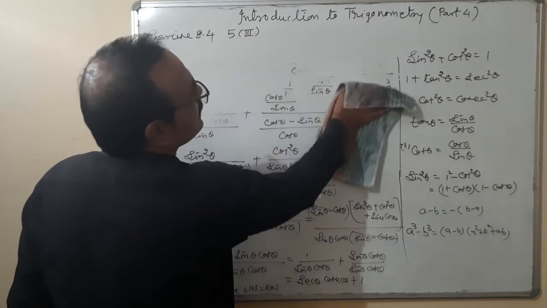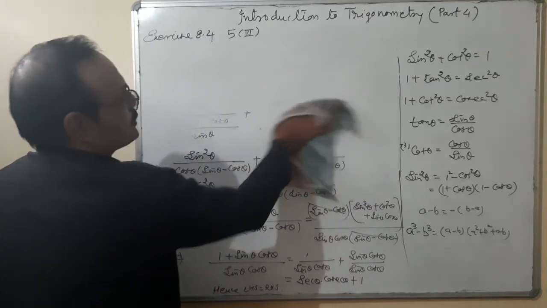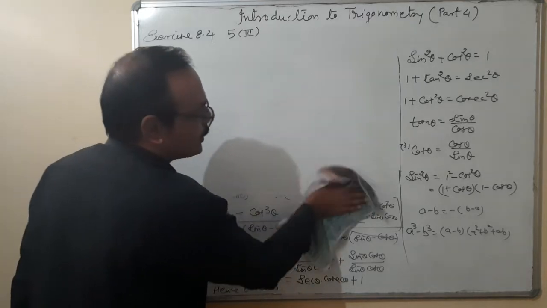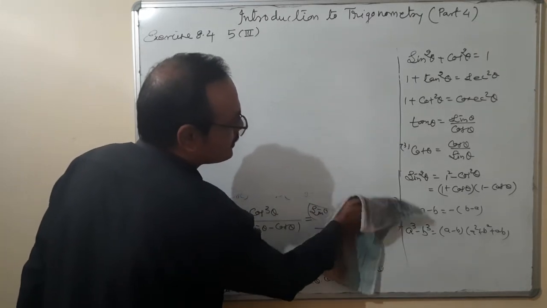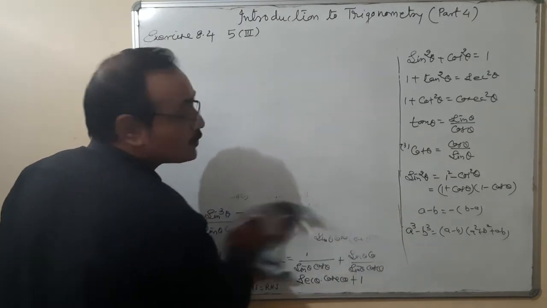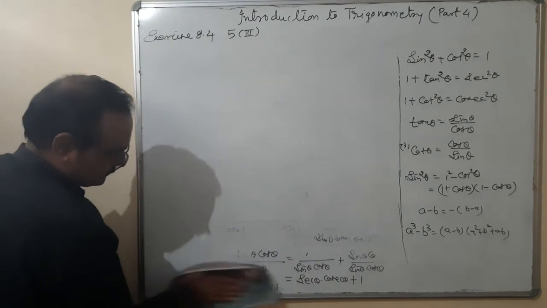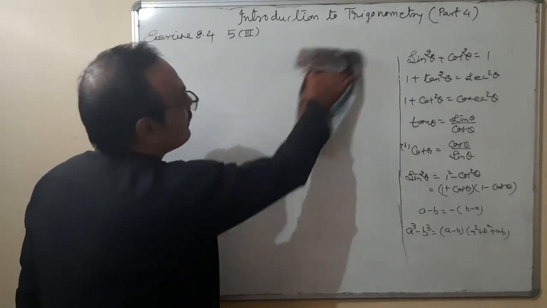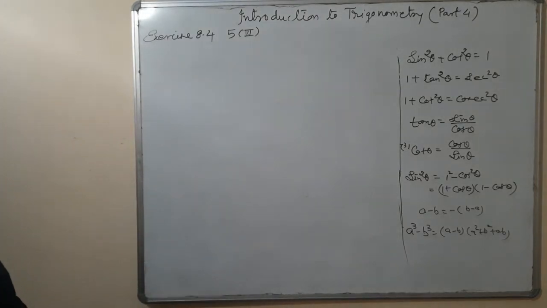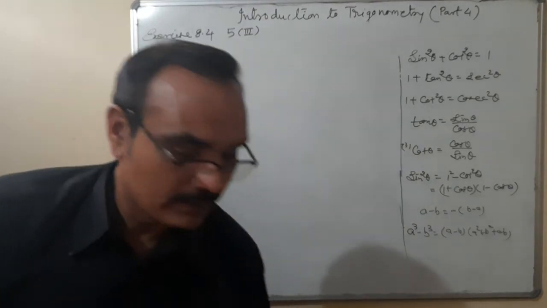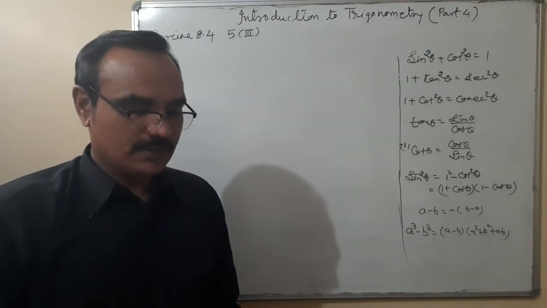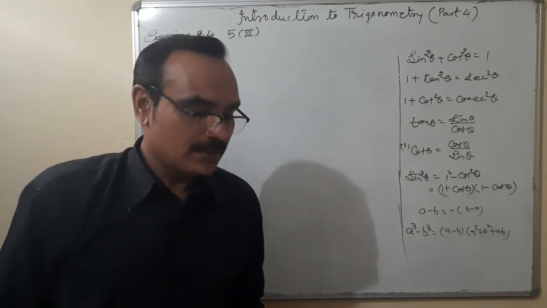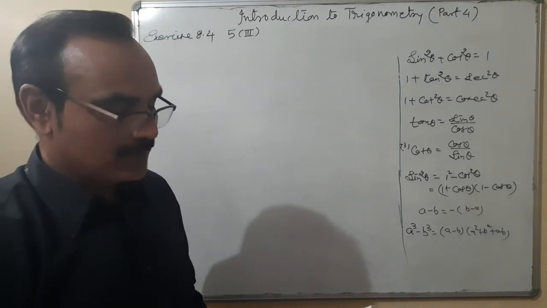There are a total of 10 parts and all the parts are very important. So you need a lot of practice. Because here we have to remember what method we have to use for getting easily from LHS to RHS. Okay. The next question I am leaving for you: 1 plus sec a upon sec a is equal to sin square a. So from LHS to RHS we have to solve. Question number 5 I am solving here.